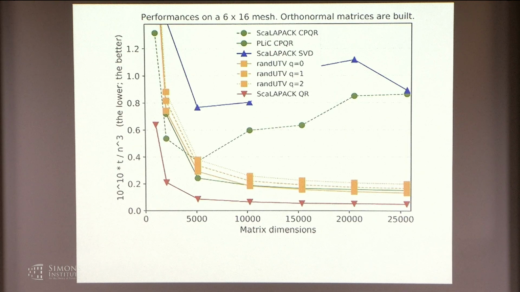Here is a distributed memory implementation, so 96 cores. We have SVD, we have column pivoted QR, and this is UTV, and I compare, just like Ming did yesterday, so sort of the gold standard here is unpivoted QR. This parallelizes very well, and it's often used as a reference. It's not quite as easy as matrix-matrix multiply, that's sort of considered a cheat, but unpivoted QR is sort of the best you could hope for any non-trivial numerical algorithm. And we're getting reasonably close to